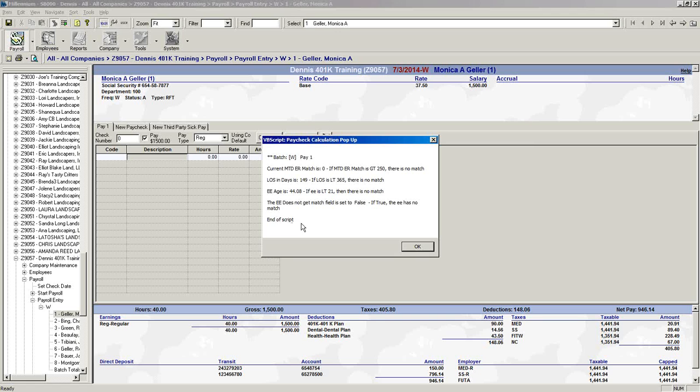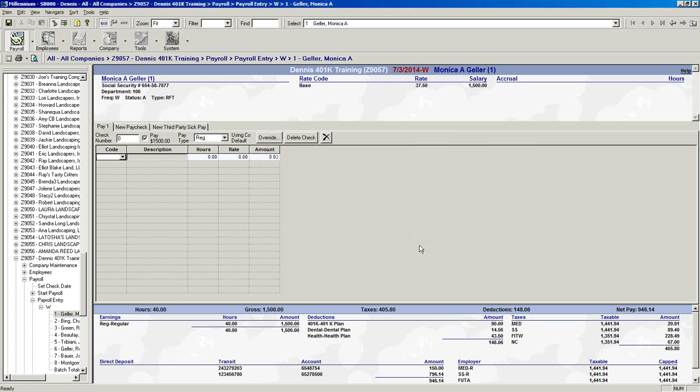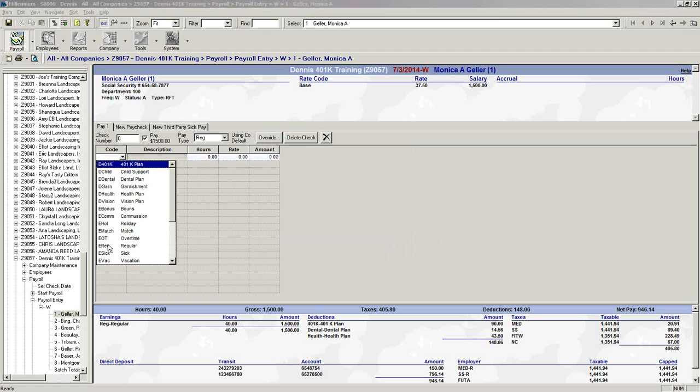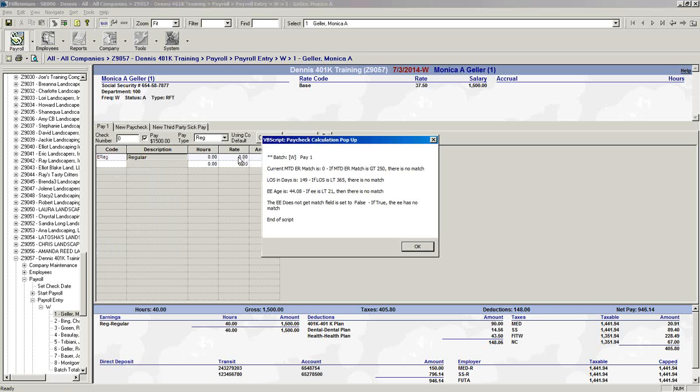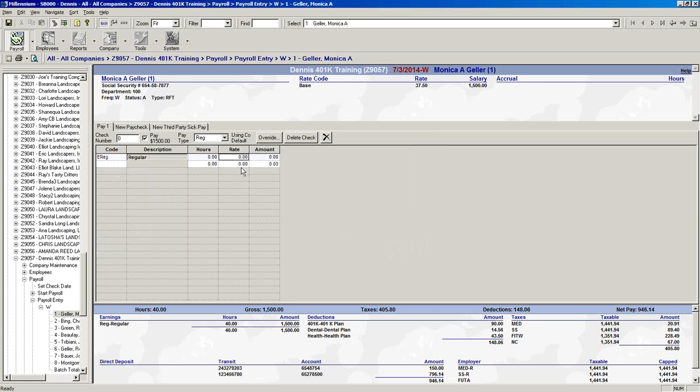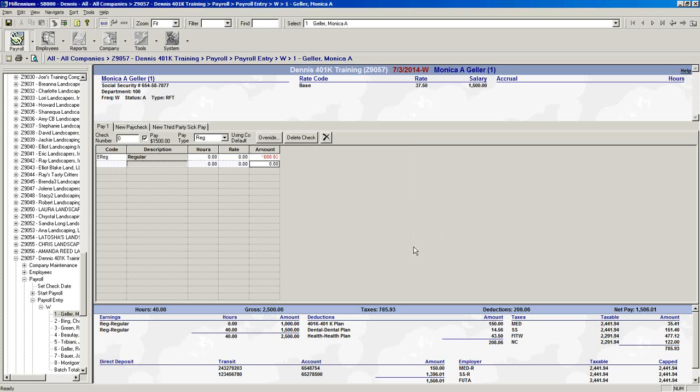Now here's where I hate message boxes, because in order to get off the screen, I click OK. And if I want to add a line to this check just to check something out, you notice it's running the script all the time, so these message boxes come up, and a few times you will call them less than choice names because it's annoying. So every time I change the check, I get a message box. So everything has its pros and cons.